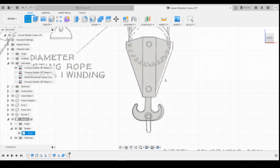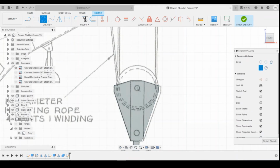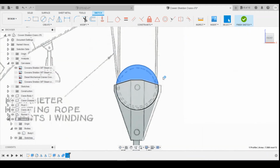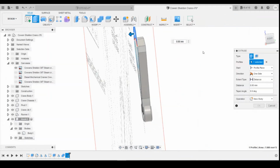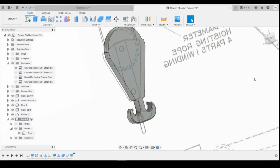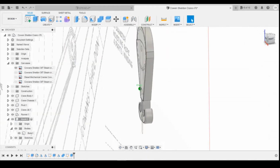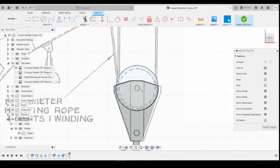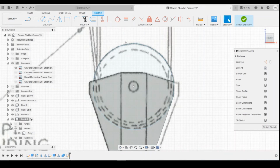So again, create a sketch on that front profile, find the midpoint of the circle, drag it out, and then I'm just going to extrude this to the other side. Again, we've got this offset. Let's not do that. Let's move this. Let's draw a line from there to there,